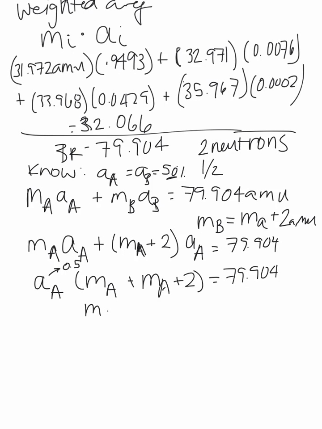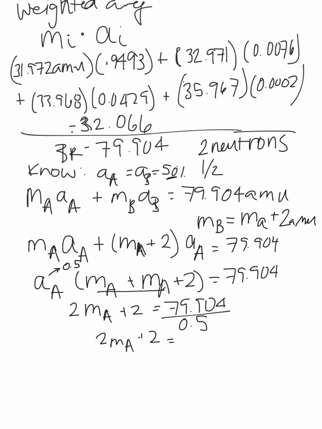So 2 times the mass of A, because we're adding those two together, plus 2 is equal to 79.904 divided by 0.5,